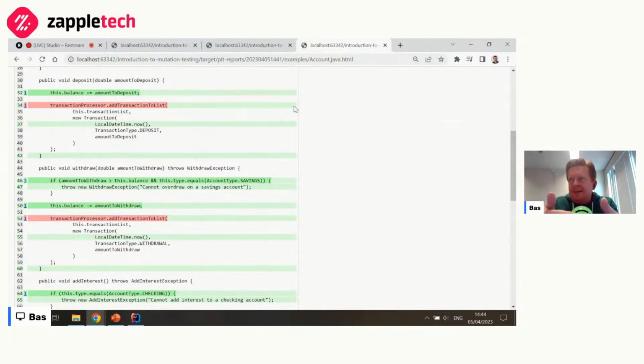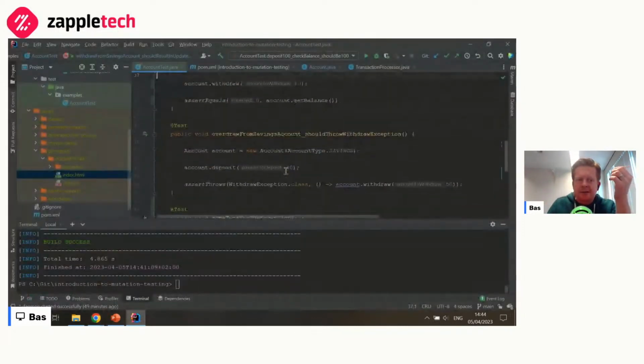If you have those kinds of method calls in your application code base, and you probably have lots of them, you probably want your tests to verify whether those method calls actually did what you think they did.